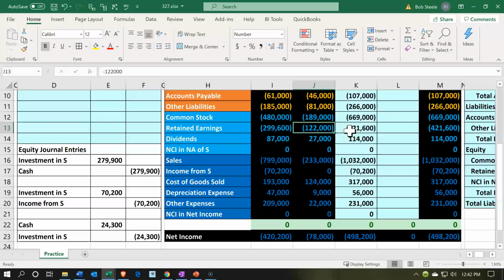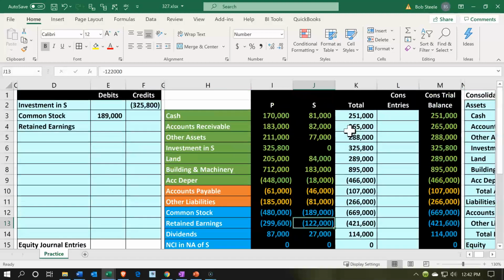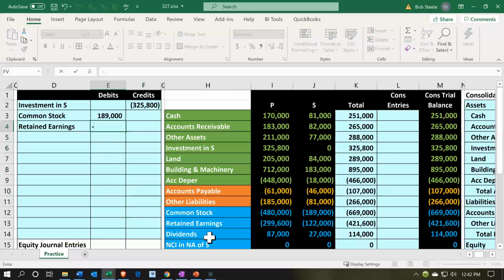The other thing that may be posted directly to retained earnings is the dividends. So in practice, you might see retained earnings and have to pull out the dividends, but we pulled out the dividends for us and put them into a separate account. So nothing has been posted to retained earnings in the year that has passed since consolidation, and therefore we can remove the entire retained earnings. It's the same number that was there at the point of consolidation. So there goes the